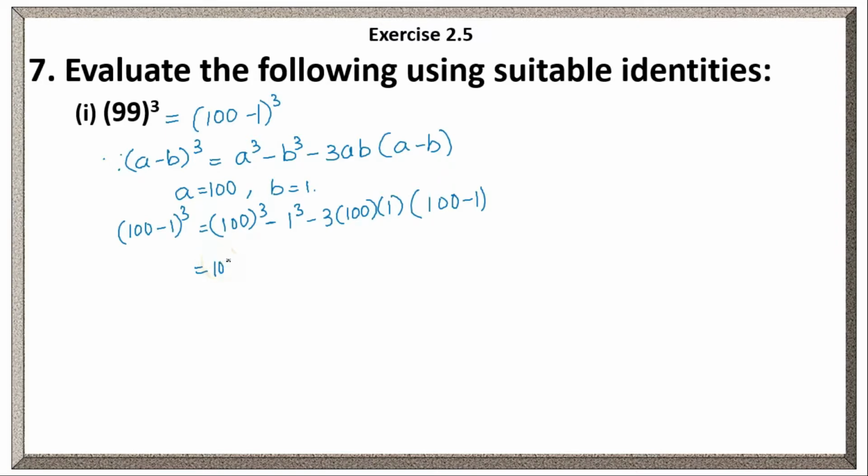That means 10 lakhs it will become, 6 zeros. Minus 1 cube value is 1. Minus 3 into 100, 300 into 1, 300, into 99. 10 lakhs minus 1 minus 300 into 99 is 29,700, right? Now if we simplify 10 lakhs as it is a positive value, here minus 1 minus 29,700 will